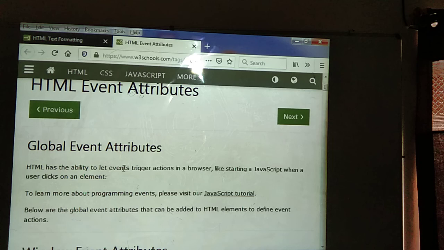Suppose we are running some scripting language and we give some value to the browser, at that time this event will be performed.